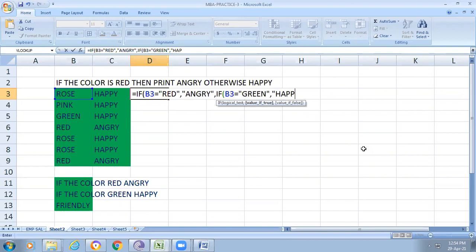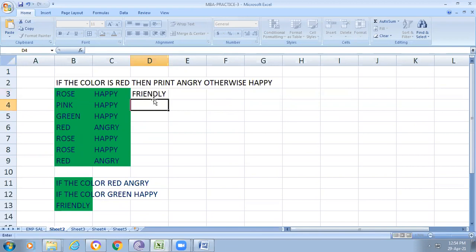I think happy. If you observe here, if the logical test is true, then the first one is executed. If this test is false, then the next one is executed. Here I'm giving my message as friendly. So if it is not happening, this one is executed. Now we close the two IFs here, because here I am opening two IFs. Now just you see friendly.